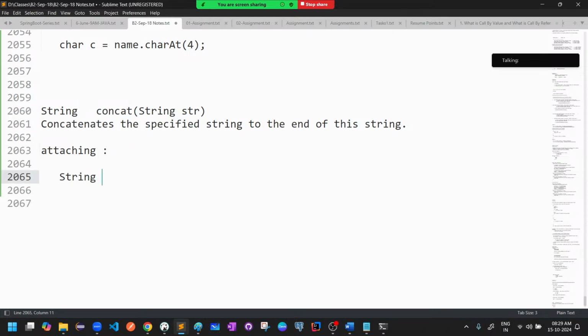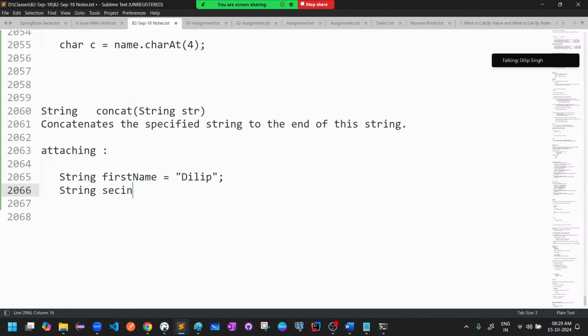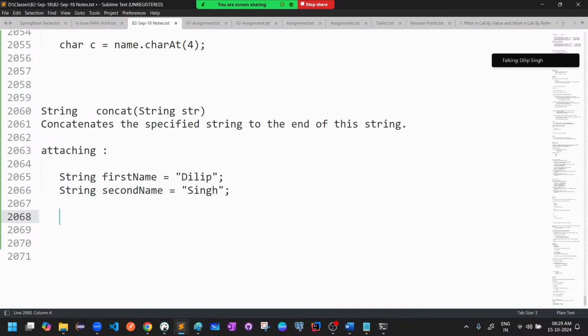For example, String firstName equal to, I gave Dilip. String secondName equal to something, I gave Singh. So now these are two string values, two string variables, variable 1 and variable 2. Now in this case,